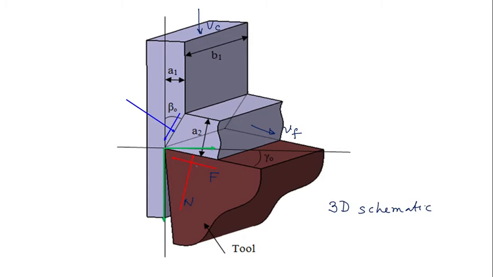So when the chip is moving over the tool, there would be a friction force and a normal force. Similarly, there would be forces called Ps and Pn, that is shear force and normal force, acting at the shear plane. This one is the shear plane and this is the shear angle. This is uncut chip thickness and this is chip thickness. So these are the forces which are important. In this diagram, some forces are also shown in green. This is nothing but your Pxy force and this is nothing but your Pz force. So this is the resultant thrust force and this is your main cutting force.